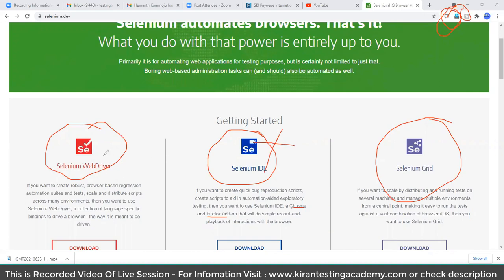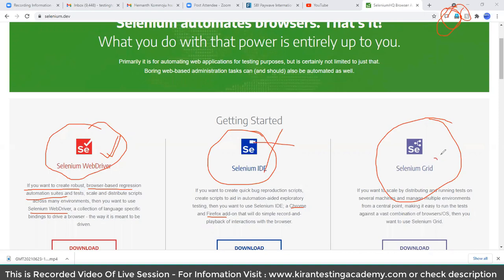Now Selenium WebDriver. Yes. What does it say? Selenium says if you want to create a robust browser-based regression automation suite, then Selenium WebDriver is your choice. So whatever I talk about Selenium WebDriver, if I talk about the advantages of Selenium, then I am talking about Selenium WebDriver.